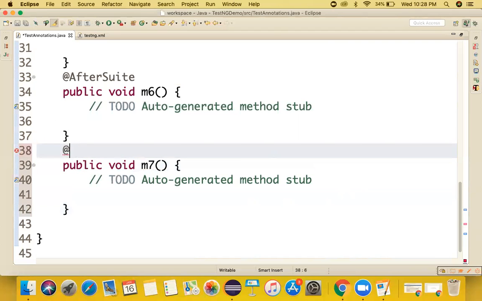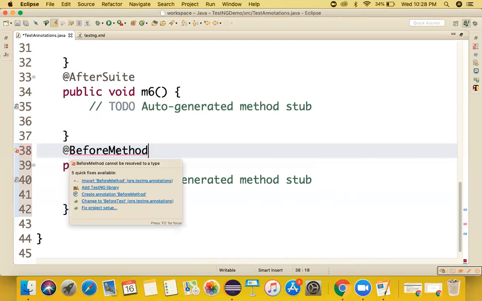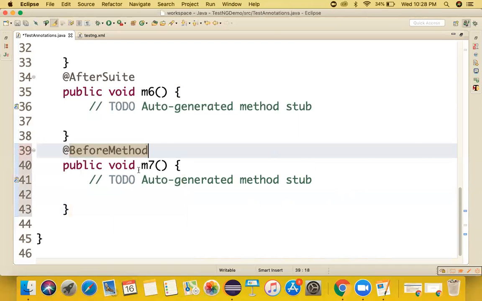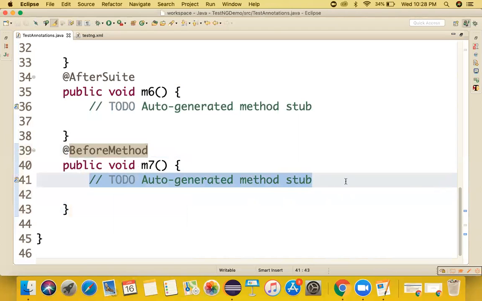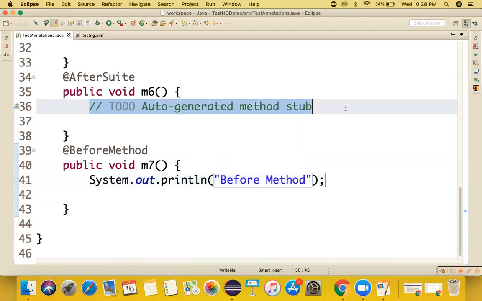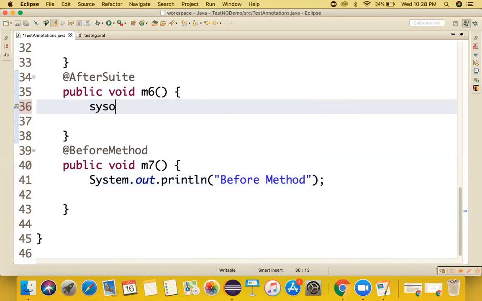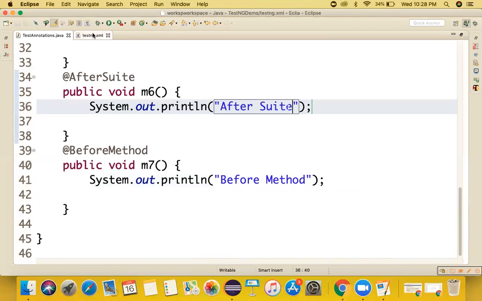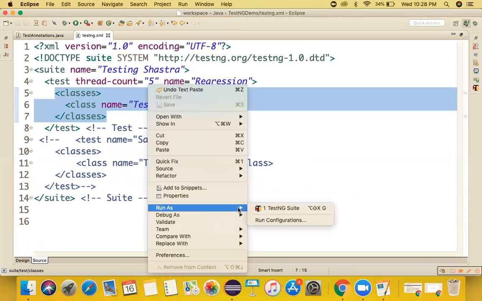@BeforeMethod. So let me import this one. Perfect. And let us write a message over here, before method. And here, after suite. Perfect. Now if I execute this TestNG file,